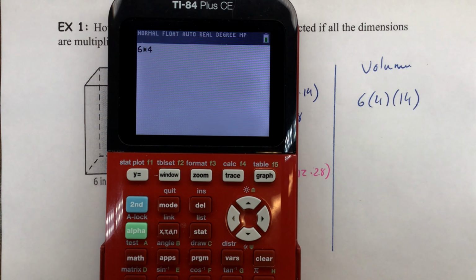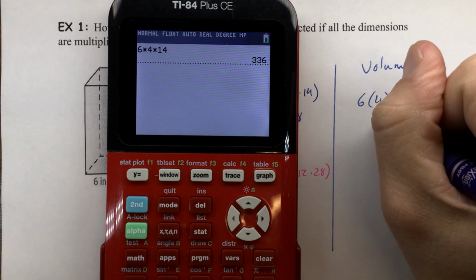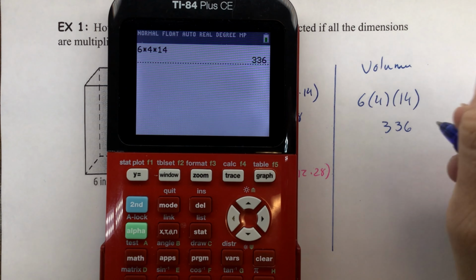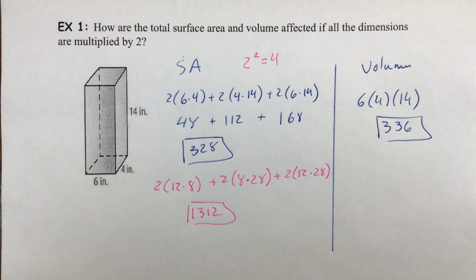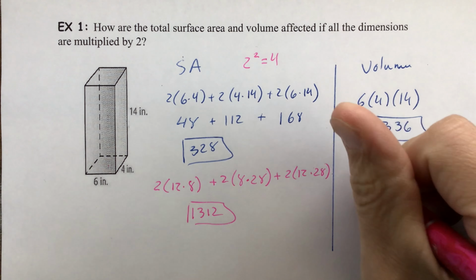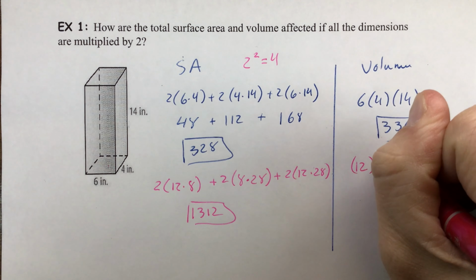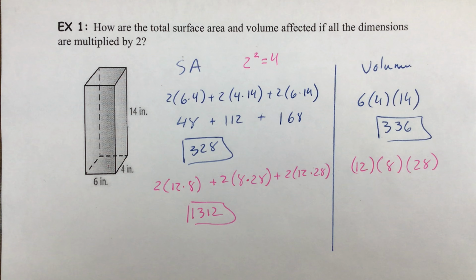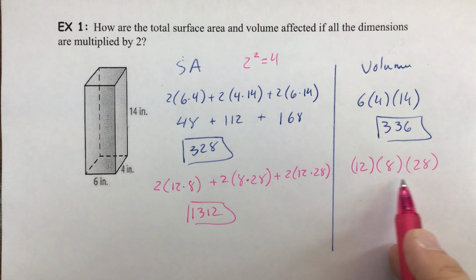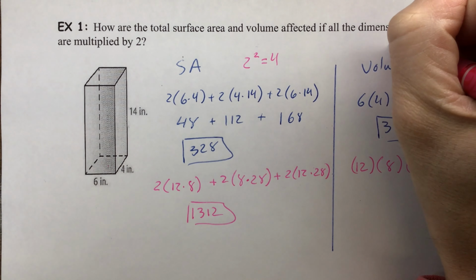6 times 4 is 24, but times 14 is going to give us 336. That is the volume without any changes. With the changes, we're going to get 12 times 8 times 28. And before I even evaluate this, I want to show you that you can actually see